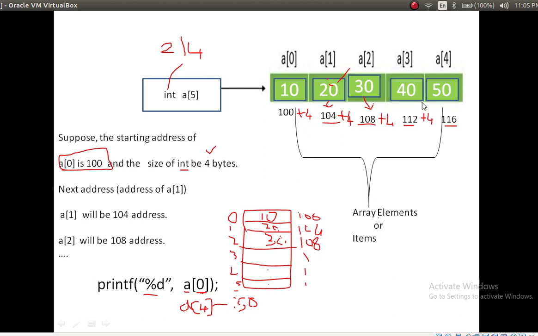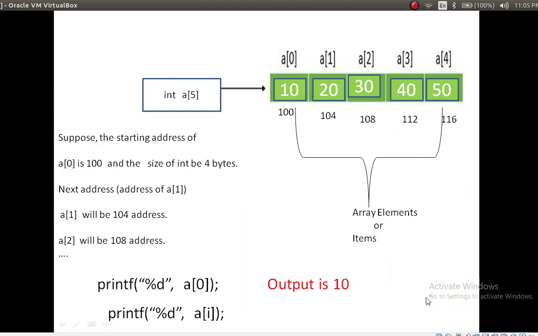If you want to print all the values, you go for I. If you use I, it will print all the values. But we are not directly printing with the help of I. Somehow we have to use the looping concept. Based on that loop we will execute these values. In further videos I am going to explain that concept. Now you understood? I hope you understood this concept.